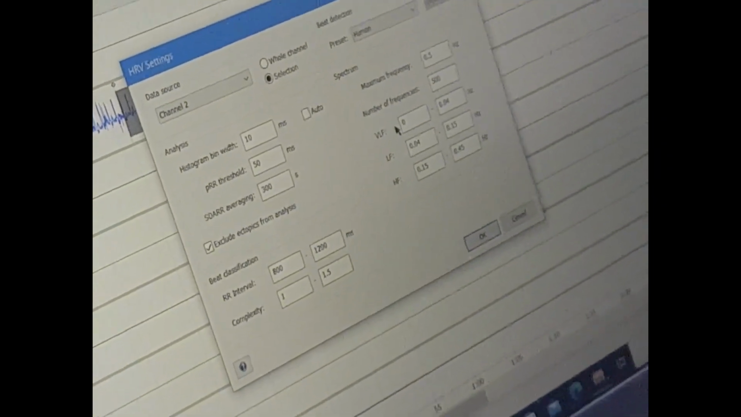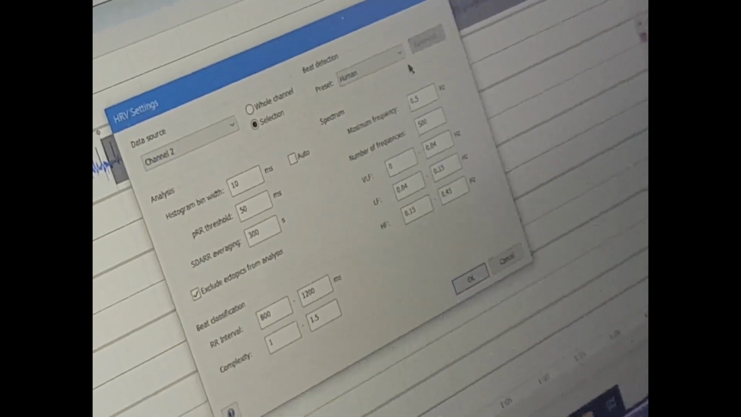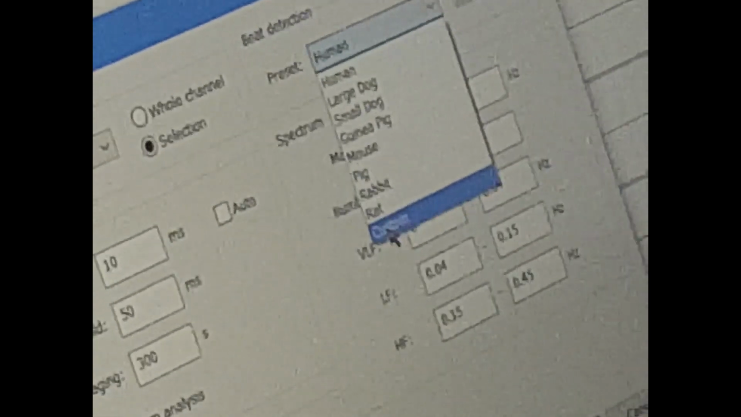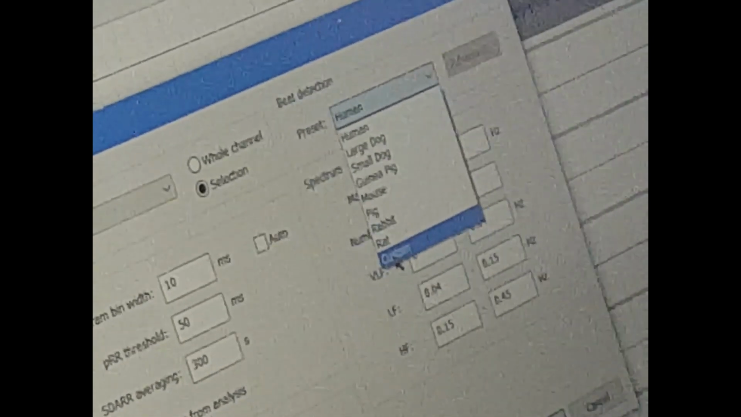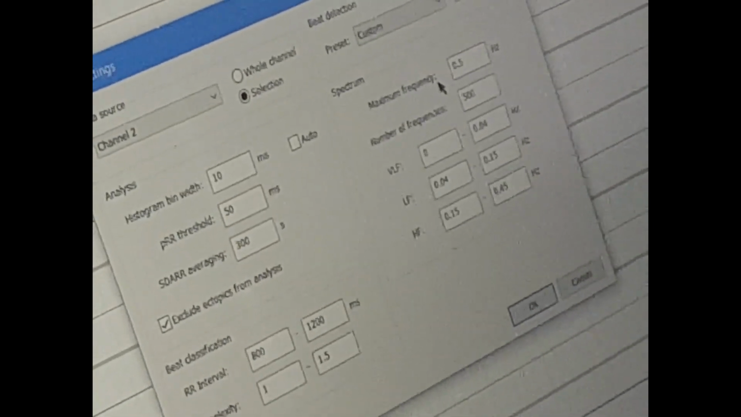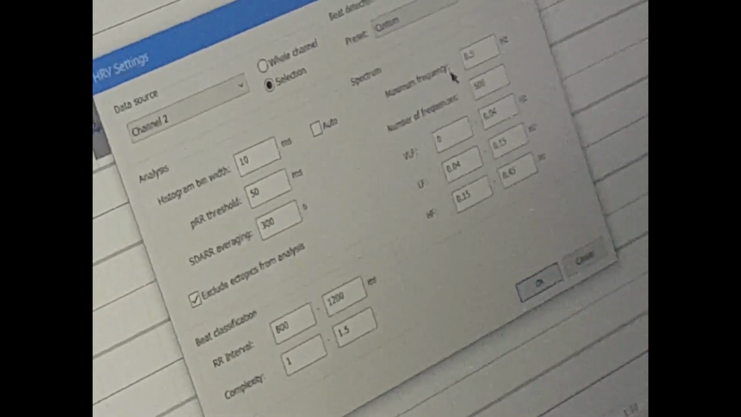and the main thing which we can change, we will have to go to custom, okay, because this is not an ECG record, that's why the program is confused. So now we are going to do it ourselves. We go to advanced,